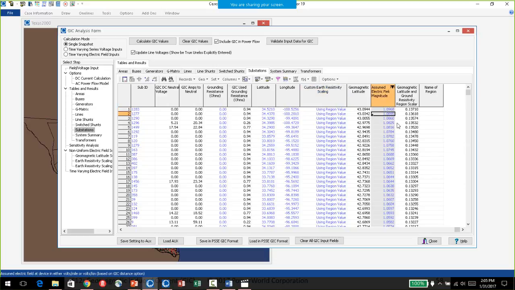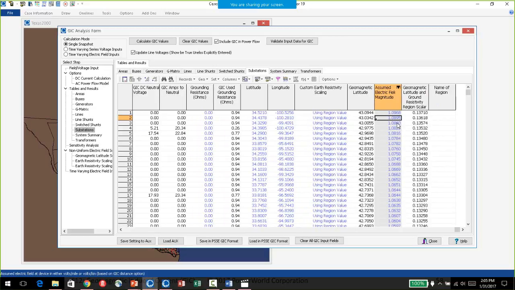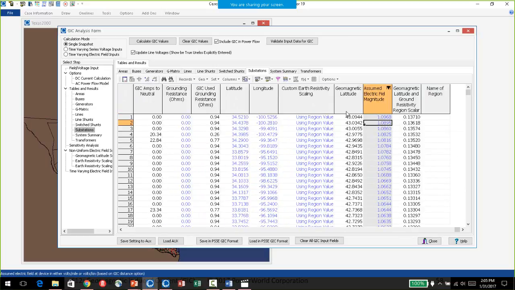right here for each substation. And Texas being at low latitude, here's the geomagnetic latitude, for example, right here. The geographic latitude for this particular substation is 34 degrees, but its geomagnetic latitude is actually 43 because it's oriented closer to the longitude lines, closer to where the magnetic pole is.